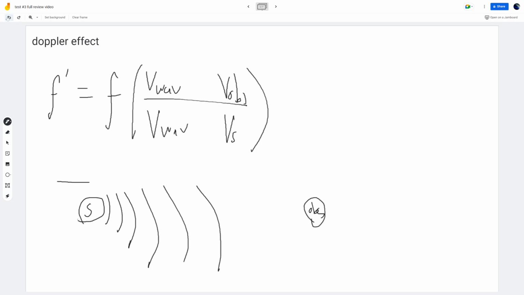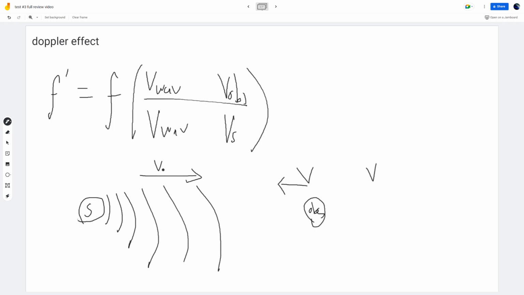And so basically, to determine whether we're adding or subtracting, we have to think about, are both of these going towards each other? So let's start with the observer. If the observer is going towards this, this will make the waves seem faster, because if the wave's general velocity is heading in this direction, and the observer is heading there, from the observer's perspective, the velocity of the waves that they're seeing is going